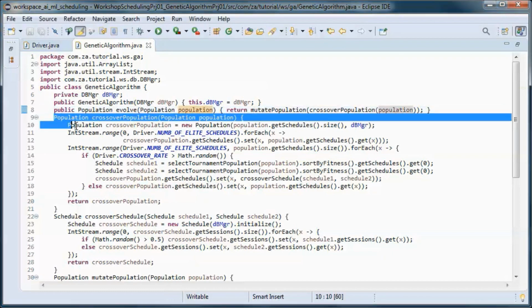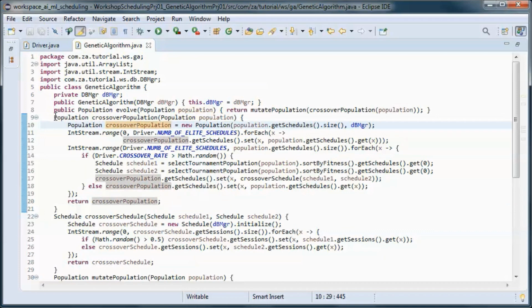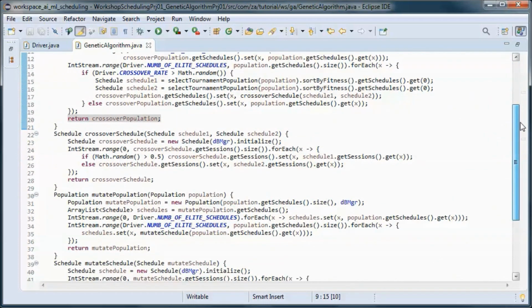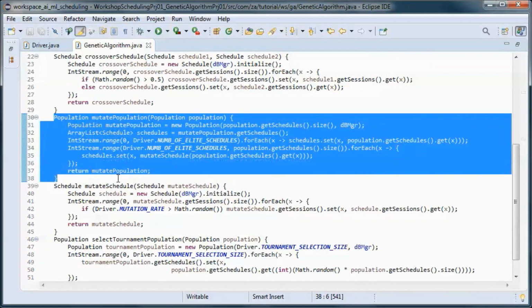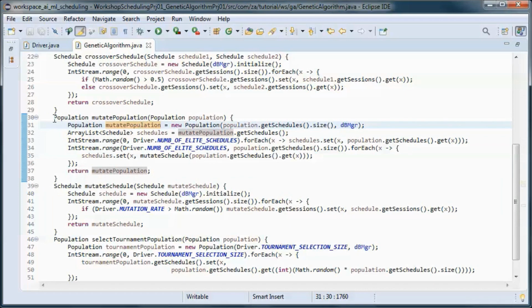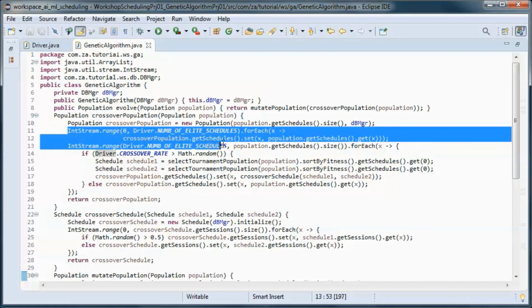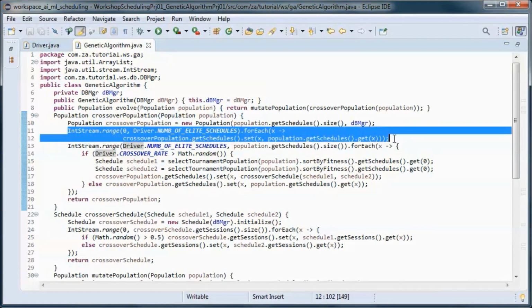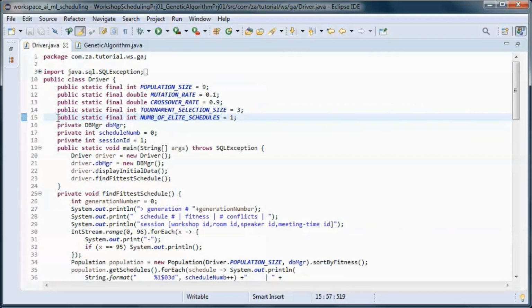So this method does crossover for the entire population and returns a crossed over population. And this method does a mutation for the entire population and returns a mutated population. So elite schedules are moved as is to the new generation. So here we only have one elite schedule.